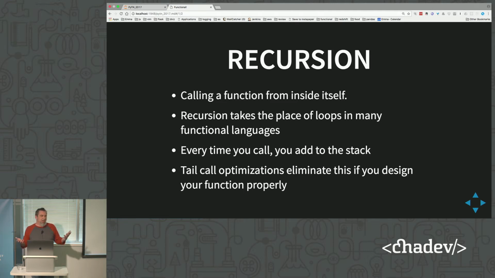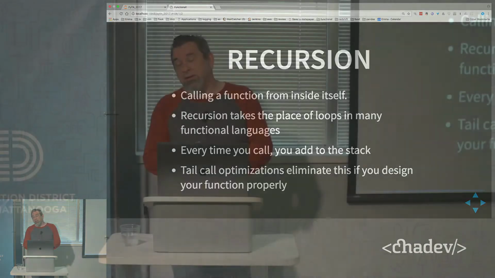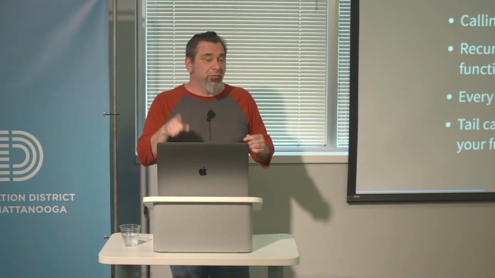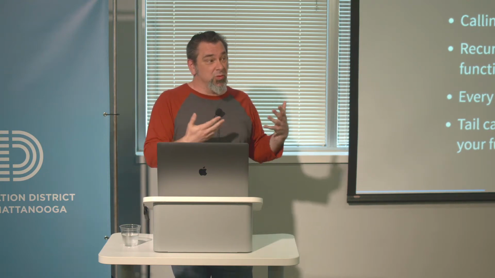Some languages have a hard limit or a predetermined limit on how big your stack can get. Python, you can only add 1,000 frames to your stack. You can override that, but by default, it's 1,000 frames. So it's really easy if you were to try to recursively go through a moderately sized list, then you could go through your frame stack really quickly in a language like Python. And going through a list recursively is the way you typically update a list in more functional languages.